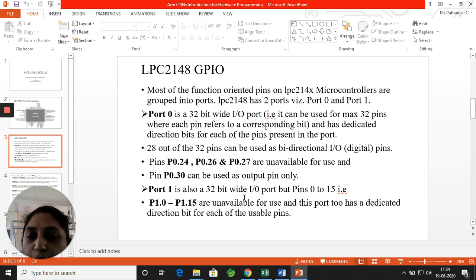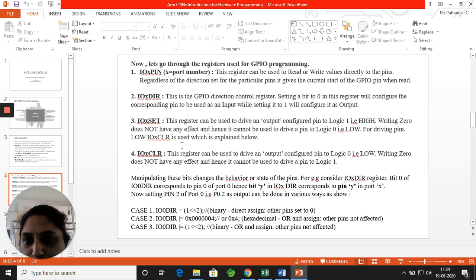So out of 32 pins, we are only making use of 16 pins. The remaining 16 pins are not being used. So we have the total port 0 and port 1 pins under the GPIOs of your LPC2148.